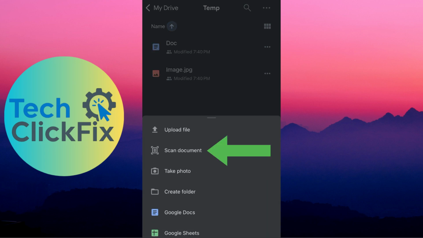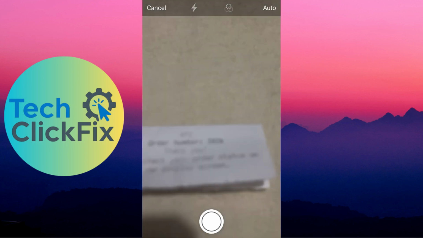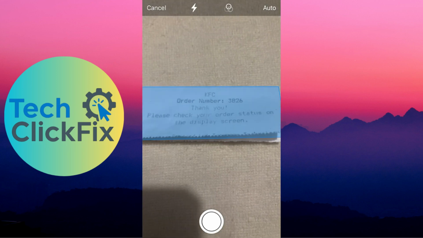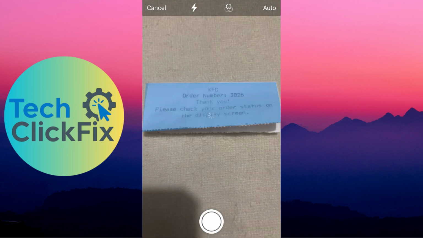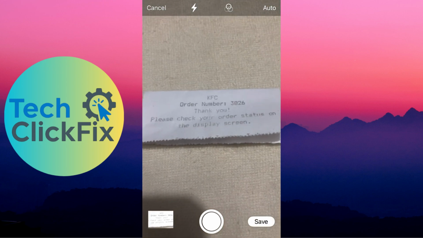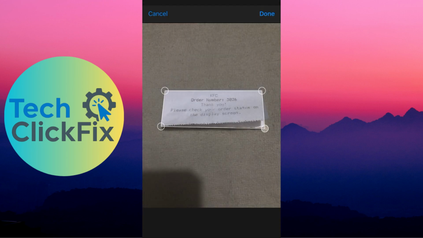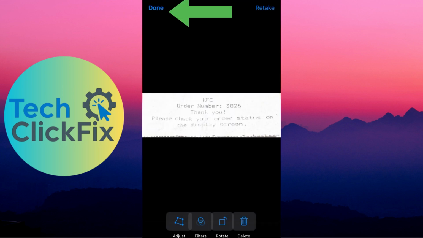icon and you can click on scan document over here. And after clicking scan document, your camera will pop up and then you will be able to take a picture of anything you want to scan. So I'm taking a picture, and if I click on the picture, I'll be able to adjust or do anything with the picture accordingly. So I will adjust the corners, click on done, and then if I click on done